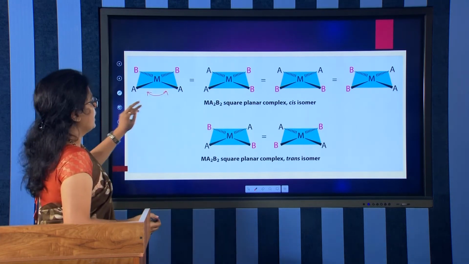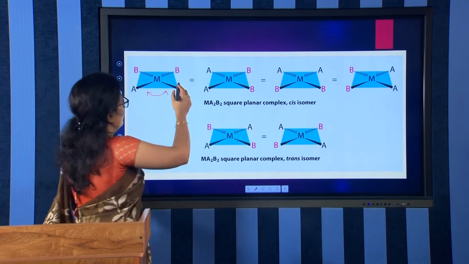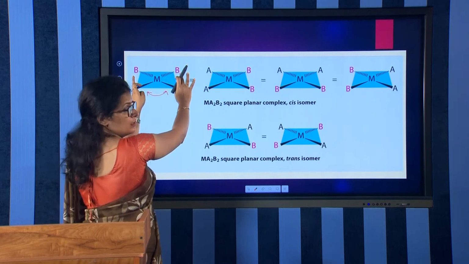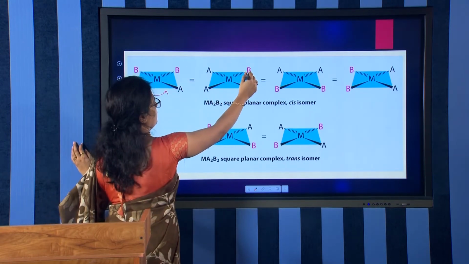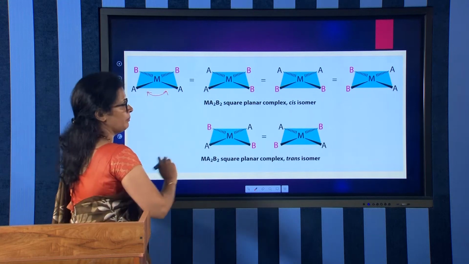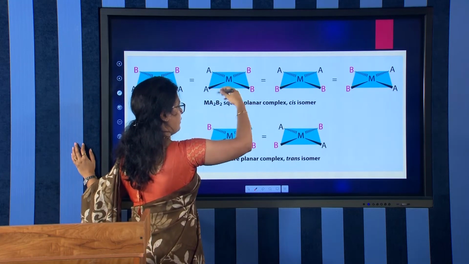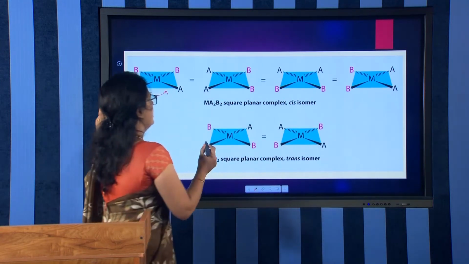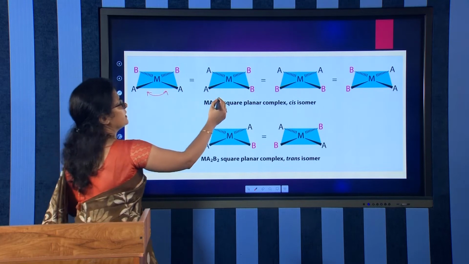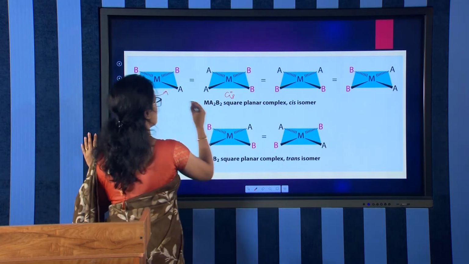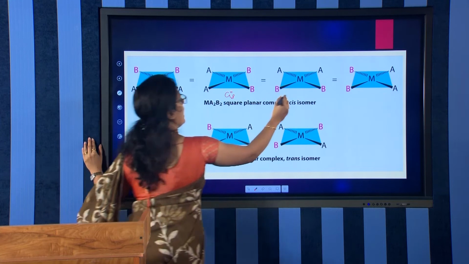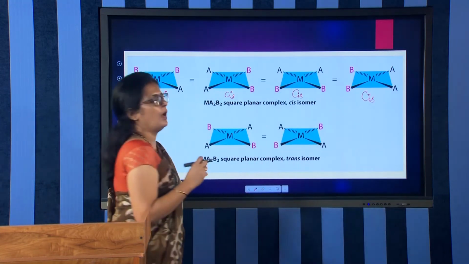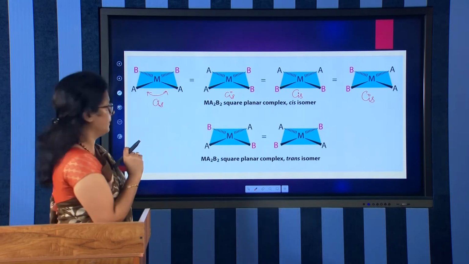right. Now coming to the next part, if this 2B is there in this complex, if I am changing the 2B like this, it will be the same. And if I am rotating the same thing, again B and B will be coming here and B and B will be coming here. Now I have the cis, all these are cis isomers. Why is it called a cis isomer? All these are cis isomers. Similar atoms are on the same side.